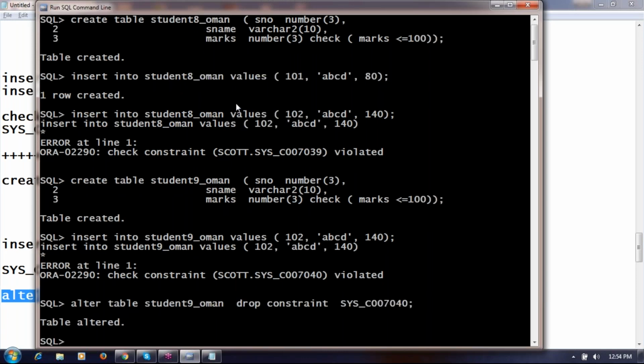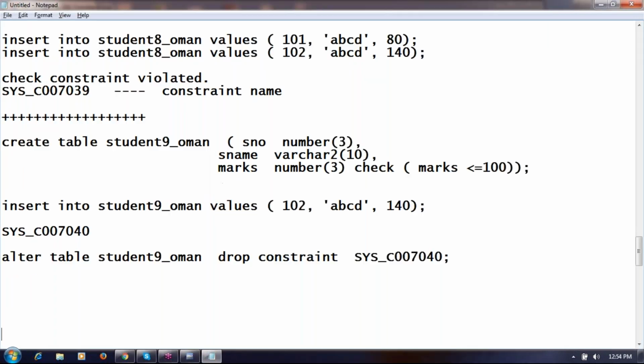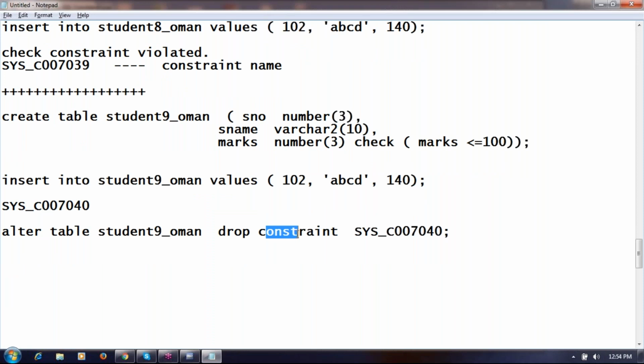Table altered. My constraint has been removed. To remove a constraint, the best way is to identify the name of the constraint and write drop constraint. You don't need to write drop primary key or foreign key. You don't need to mention what type of constraint. Just mention the name of the constraint. That particular constraint will be removed from the table. Am I clear?